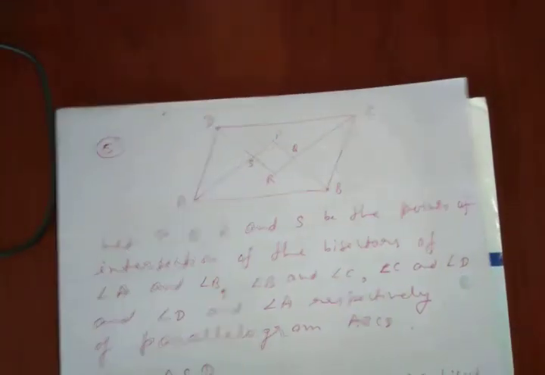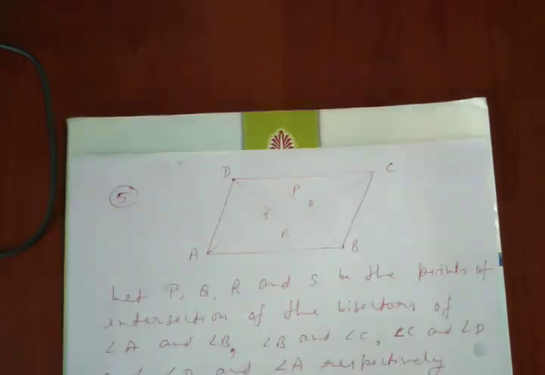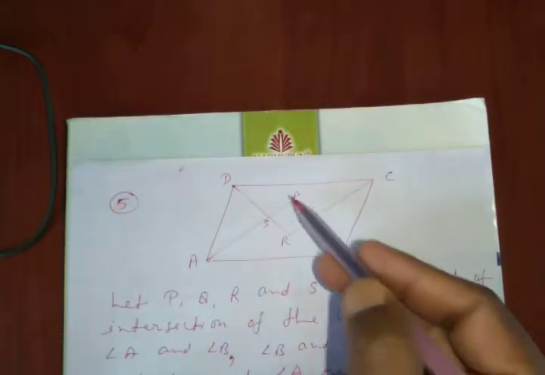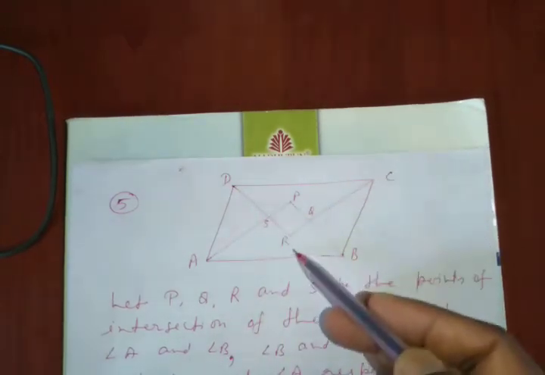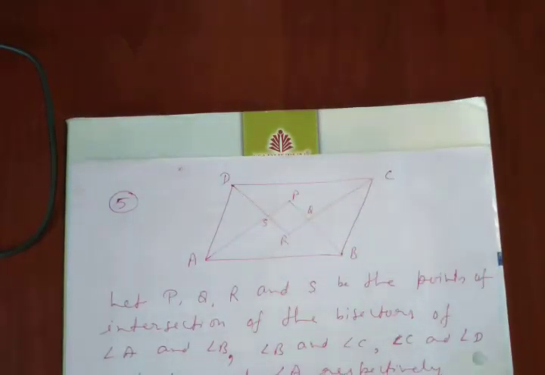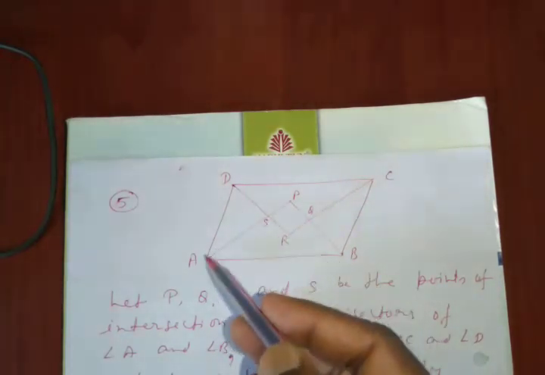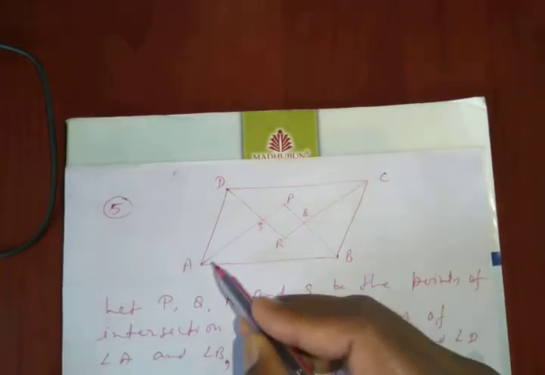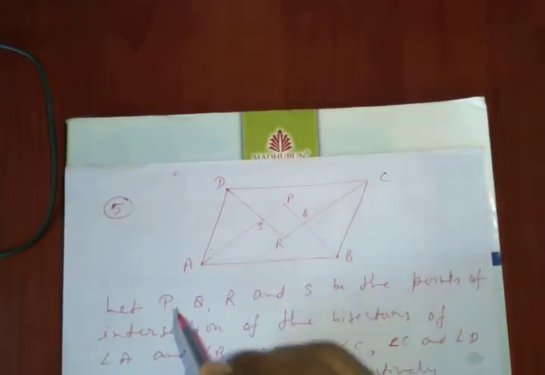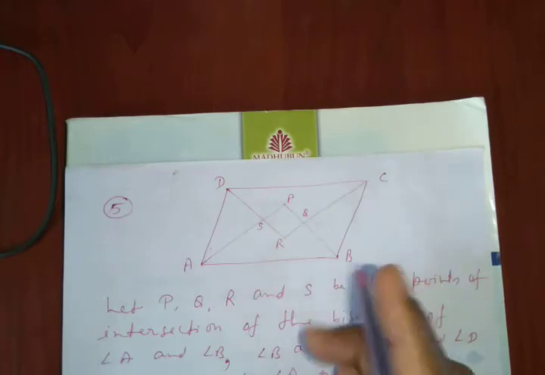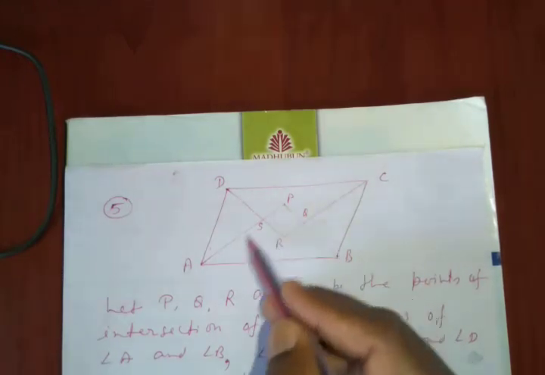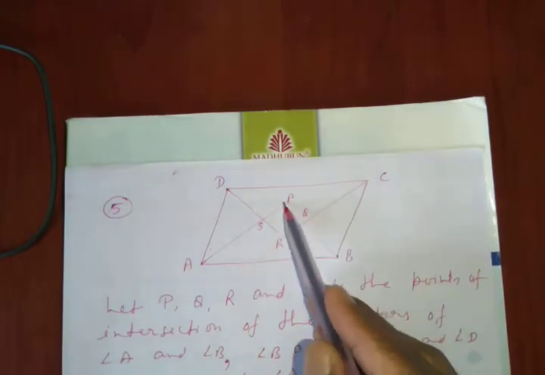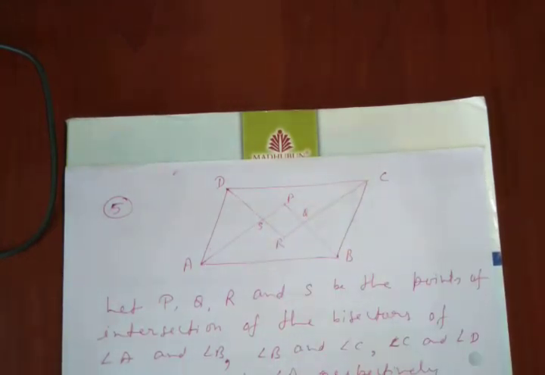And in this question, ABCD is a parallelogram, and in this parallelogram, here AP, BP, and DR and CR, all these are the angle bisector of angles A, B, C, and D. So all these bisectors means that this is equal to this here, and then all these bisectors are meeting and then making a quadrilateral here. That is PQRS is a quadrilateral, and in this we have to prove that this PQRS is a rectangle.